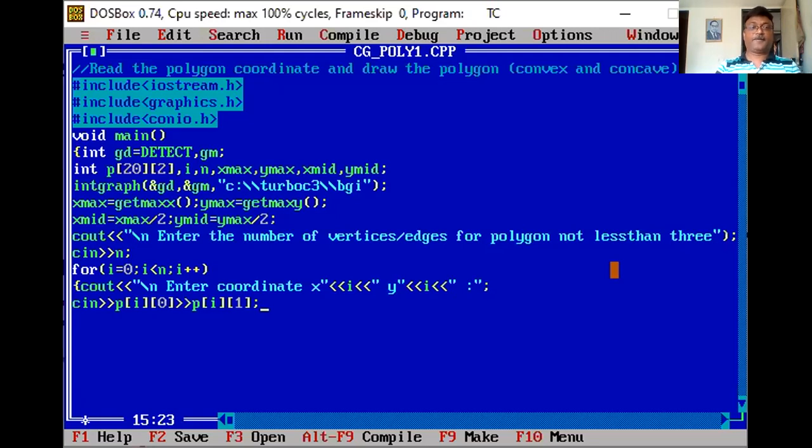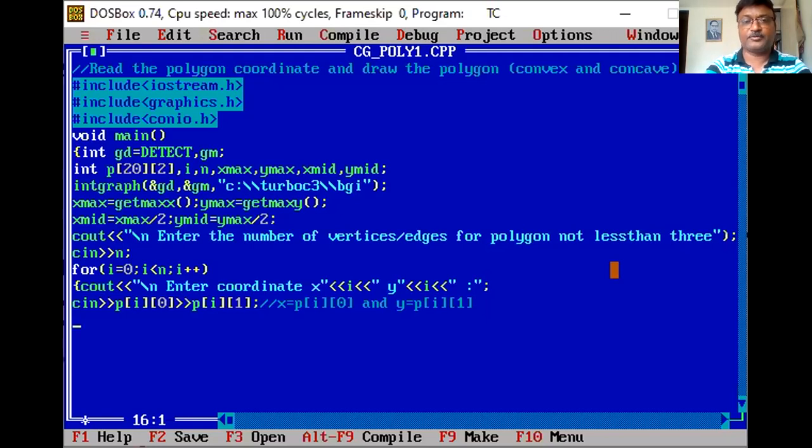Here 0 indicates the x coordinate and 1 indicates the y coordinate. So x is P[i][0], and y is P[i][1]. This is the difference between these two: 0 indicates the x coordinate and 1 indicates the y coordinate.